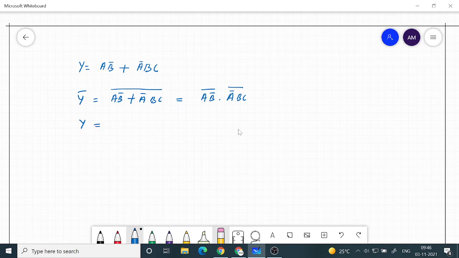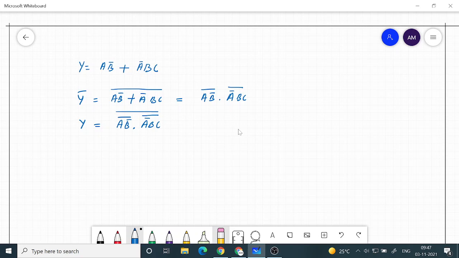So therefore y is the complement of this: (a b bar) whole bar dot (a bar b c) the whole bar, then take the complement of this.